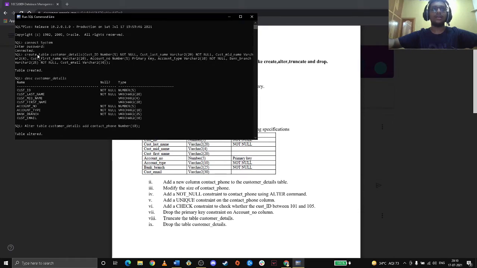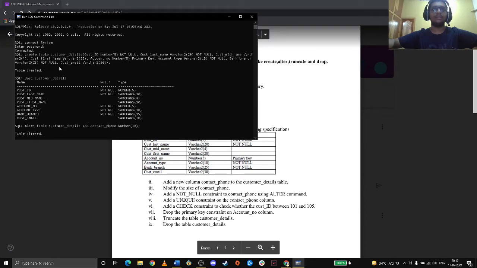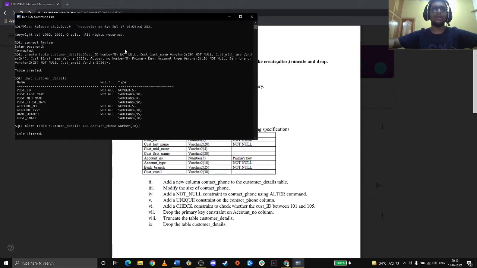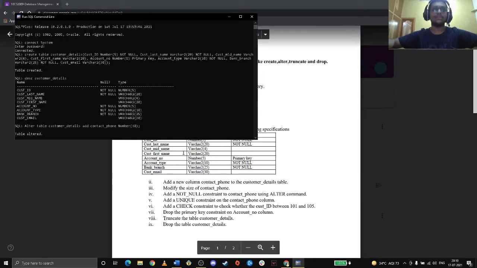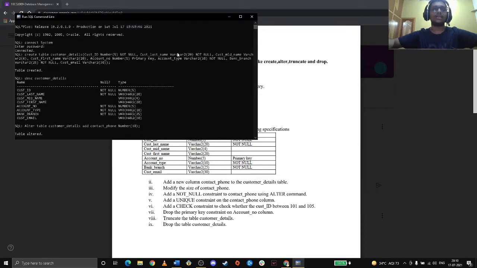We can write create table and the table's name, that is customer details, and which has cust id as number 5 and a constraint not null, and cust last name as a varchar 20 not null, and cust mid name as a varchar 4, and cust first name as varchar 20, account number 5 as a primary key, account type is varchar 10 not null, bank branch varchar 25 not null, and cust email varchar 30.